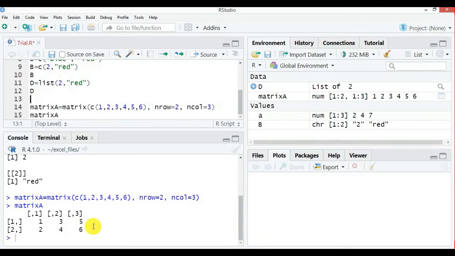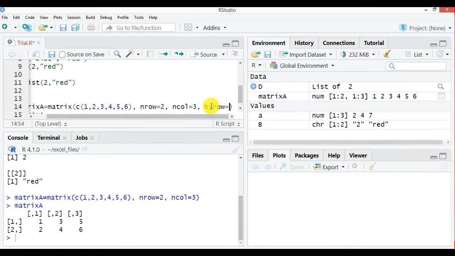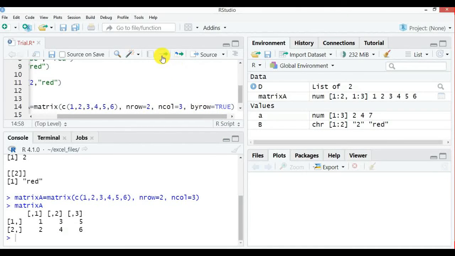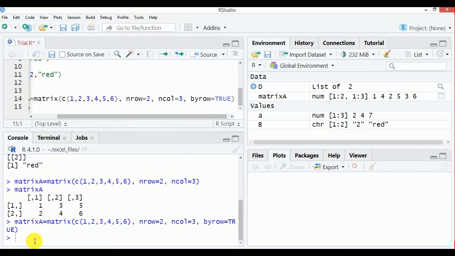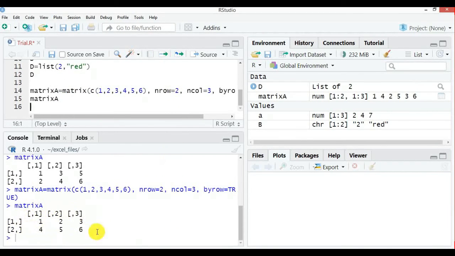But say you don't want column wise, you want it row wise. It has made that mistake: I wanted 1, 2 in the first row, then 3, 4 in the second row. In that case, I have to give byrow equal to TRUE over here. Then if I run this code and call this matrix A, now you can see how it has done.